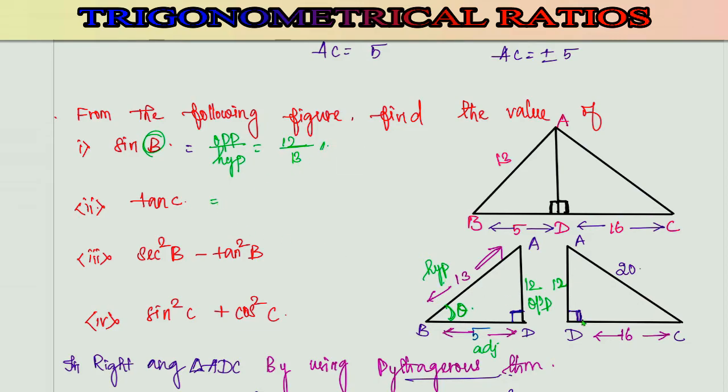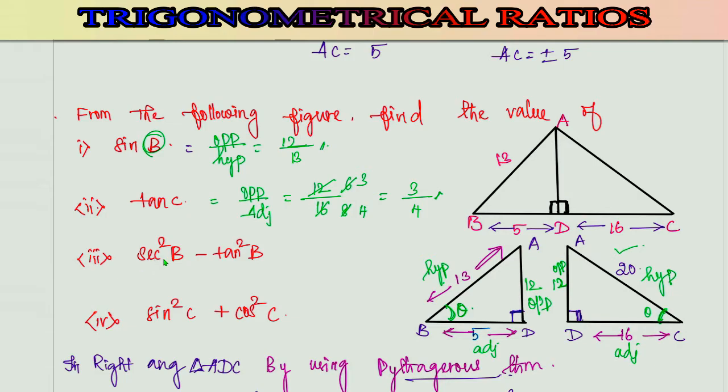When it comes to tan C, this is the theta value and this will be the opposite side, opposite to the right angle is the hypotenuse side, and the leftover is the adjacent side. Now you have to choose the second triangle because the angle of reference is at C. So tan C is equal to opposite divided by adjacent. Opposite side is 12 divided by adjacent value 16. When you cancel, 6 2s are 12, 8 2s are 16, 3 2s are 6, 4 2s are 8. So we finally got 3 by 4 as the answer for tan C.